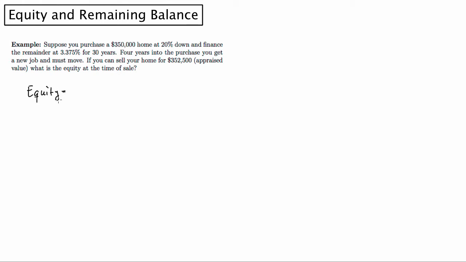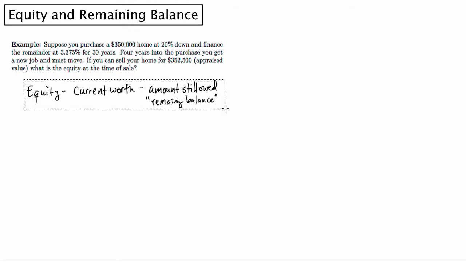the difference in the current worth of an object, say a home, so it's the current appraised value of your home, minus the amount owed. So the amount still owed, this would be the remaining balance on the loan. So that's basically the definition of equity. And like I said, that's sort of a loose definition, so let's make it a little bit more concrete by